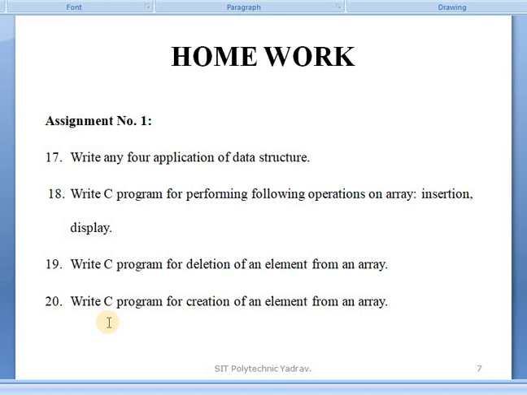Okay, this is your homework, means your assignment 1. In assignment number 1 there are a total of 20 questions given. I already told you to bring a 200-page notebook for the assignment purpose. In that notebook you write the answers to those 20 questions. I will check it, and after that we give the marks for term work.